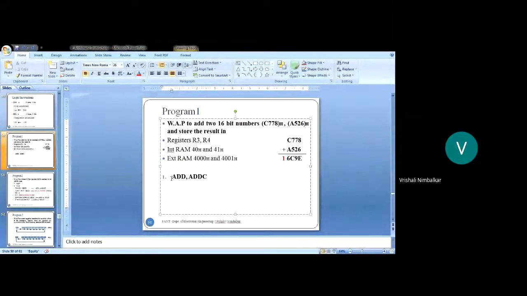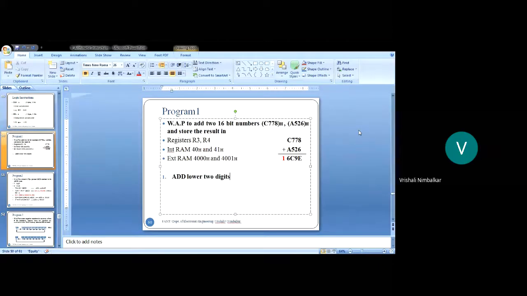Now to do this, what all initializations do you need to do and how should you proceed? The logic was: take the first two lower digits, add them, save the answer, then take the higher digits, add them with carry and save the answer. And to save the answer, we have stated in the statement, let the answers be in registers R3, R4. So we thought of first adding the lower two digits. This is what I'm supposed to do.